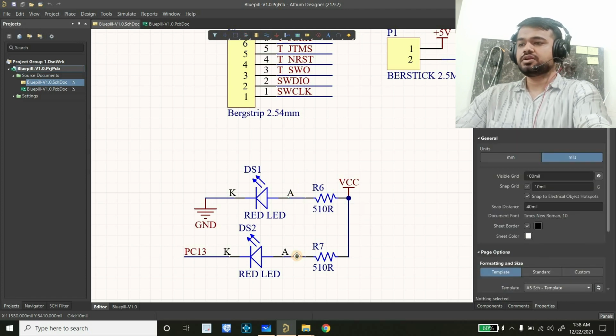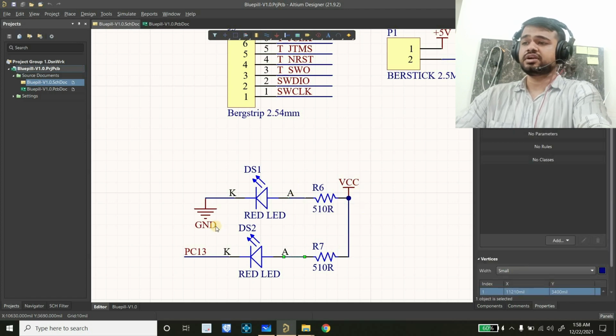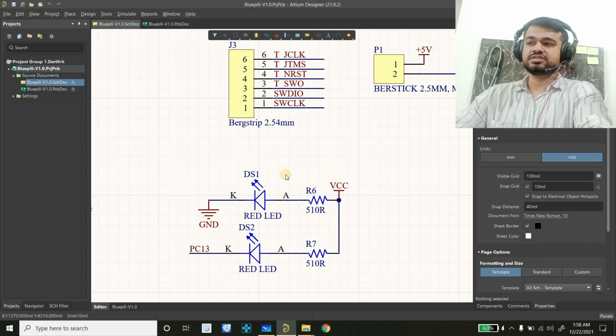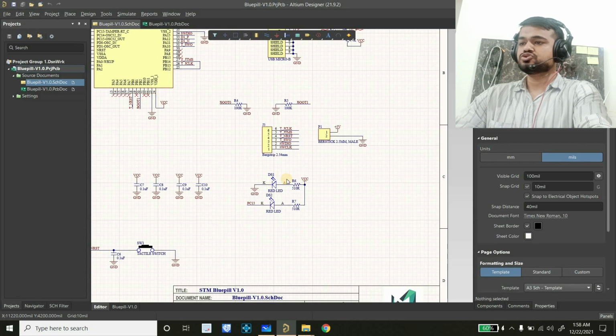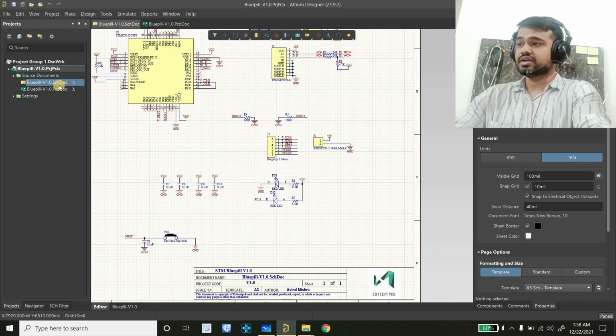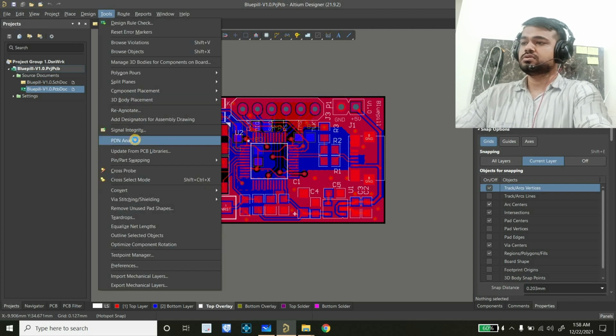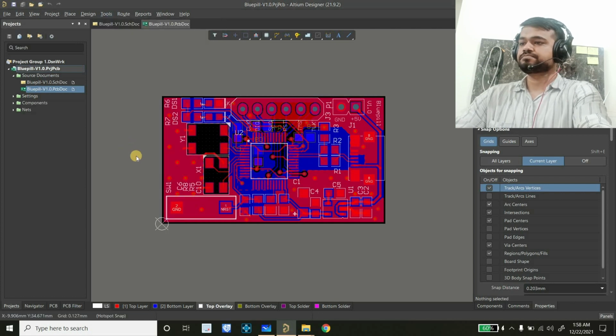Okay. Similarly, for whatever circuit you want to analyze for PDN, you have to note down the net names, because we're going to include all these net names. I'll show you how. I've already noted down all the nets here. Now we'll go to our project file or board file, Tools, PDN Analyzer,